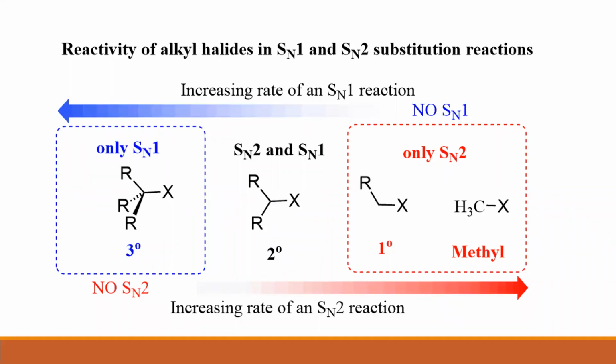Namaste. In the previous class, we looked at the two mechanisms involved in nucleophilic substitution, SN1 and SN2. We looked at the various factors that determine whether an alkyl halide undergoes a reaction through SN1 or SN2. One of the factors being the nature of the alkyl halide, whether it is primary, secondary or tertiary. If it is tertiary, it will predominantly undergo SN1. If it is primary, it will predominantly undergo SN2. If it is secondary, just like what is shown here, it can undergo both SN1 and SN2.